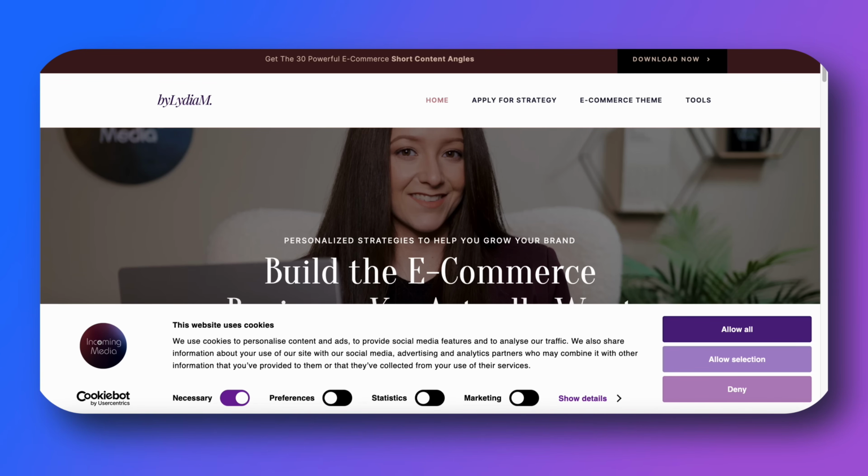Let me tell you something that a lot of business owners ignore until it becomes a problem. A cookie consent banner is not just an annoying little bar at the bottom of your screen. It is actually a really important part of running a professional website. Because if your site uses analytics, marketing tools, tracking pixels, or third-party embeds, you need to let people know that your website is using all these things. You need their consent for GDPR or CCPA, for example. So if you run an online business, a blog, an agency, whatever it is, your website is already using cookies